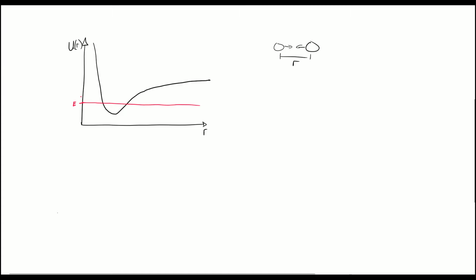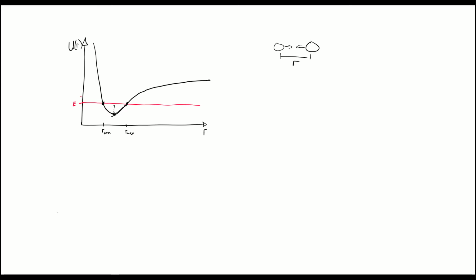We know that if that's the total energy, the separation between these two atoms is going to oscillate between those two turning points there. So it's going to go from some R minimum, call that R min, to R max here. And it's going to go from here, where it's all potential energy, back down and up here to the maximum position, where all the energy is back in potential energy. In between, it's going to have some kinetic energy, visualized by the distance between the total energy and this potential energy diagram.